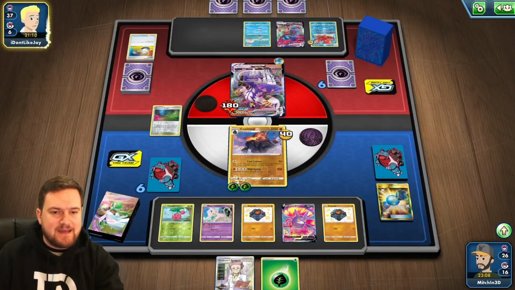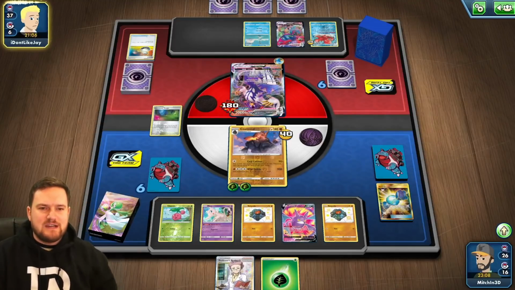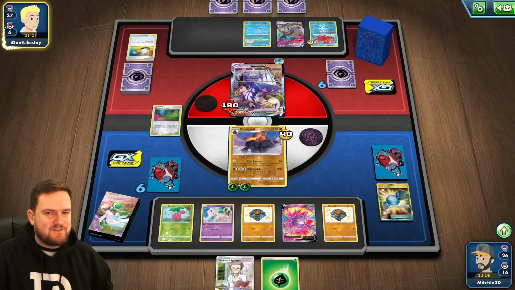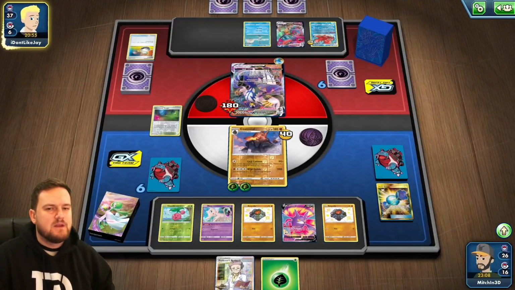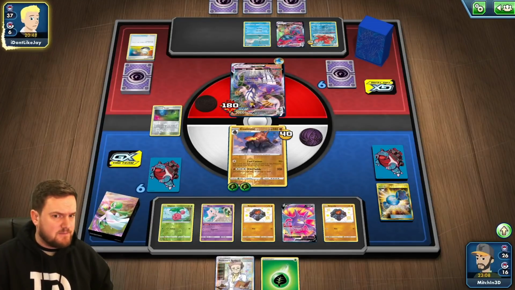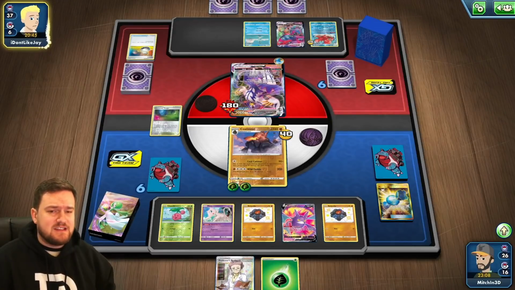Looks like they've got the VMAX. The Urshifu VMAX is in play. So if they can retreat and then switch, they will be able to take a knockout. They only have 3 cards left in hand, so they may struggle. I don't know if they play the Stadium for free retreat. They might do, but they've already, I think, searched with Octillery. I can't remember whether they searched for the VMAX or not with that. I think they did. And if we only see a little Gale Thrust here...